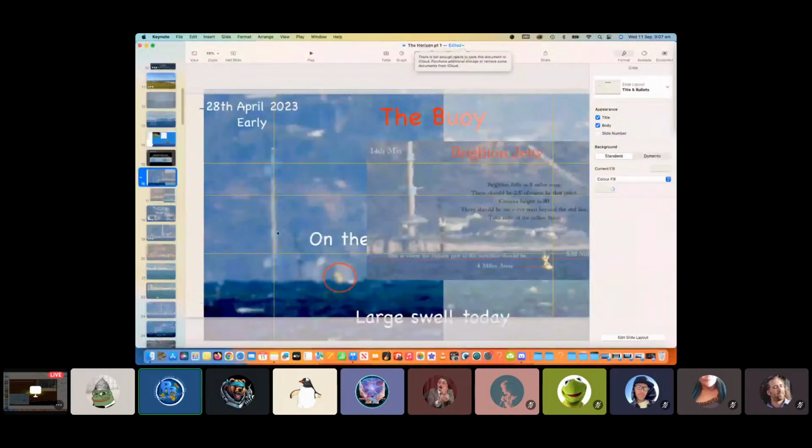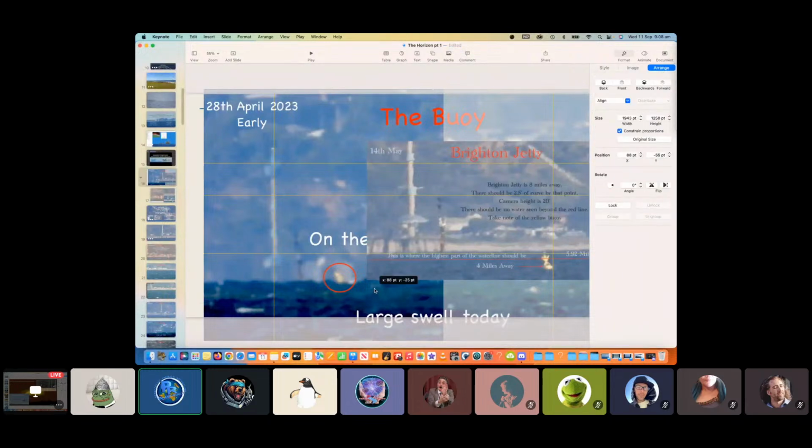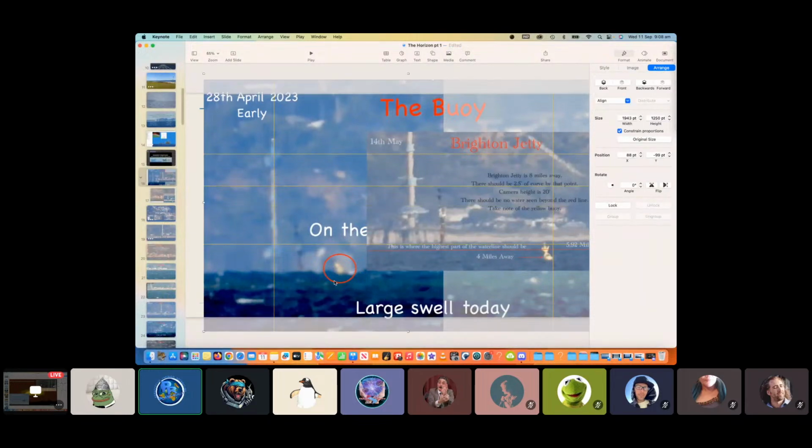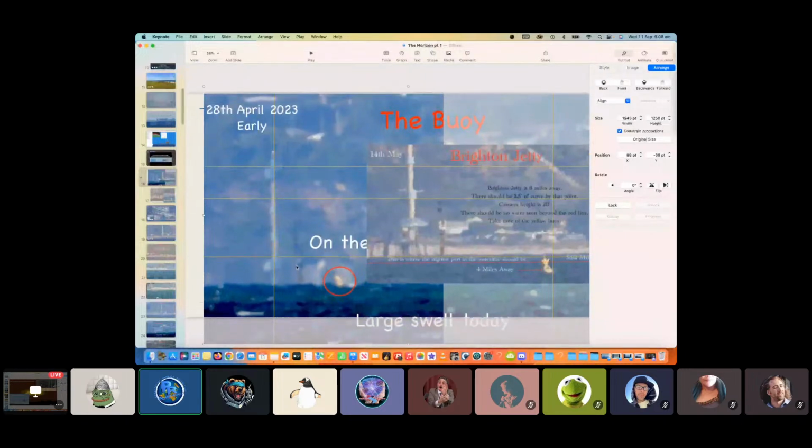Yeah, definitely. Now, when we look at this day here, if I move that up slightly, see how I do say large swell. So there was quite a large swell on this. That is obviously also part of the reason why it's brought the horizon closer to us and why it's hiding more than normal, because I've probably only had this much blocked maybe 7 or 8, maybe 10 times. It's not normal, and it is also during high tide. So a combination of high tide, waves, and maybe a tiny inferior mirage here, and we've got this whole thing blocked out.